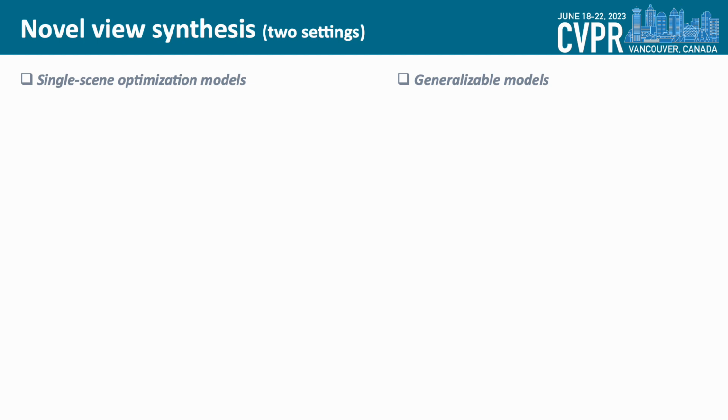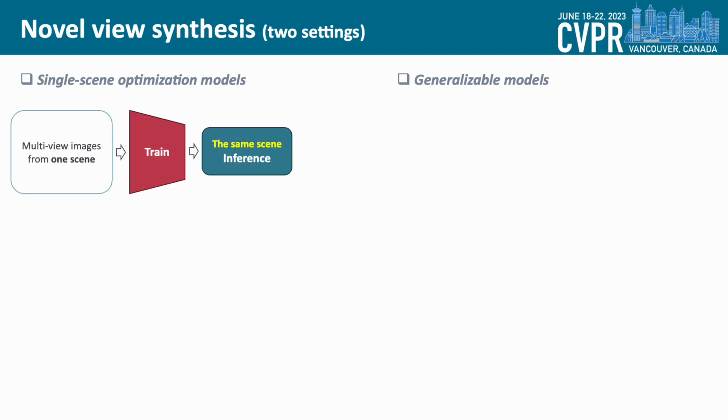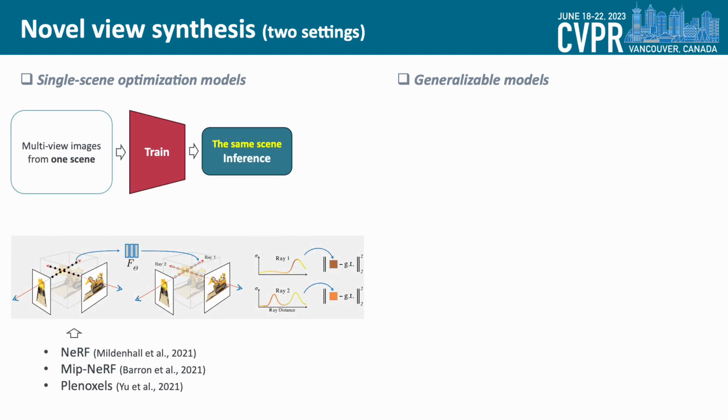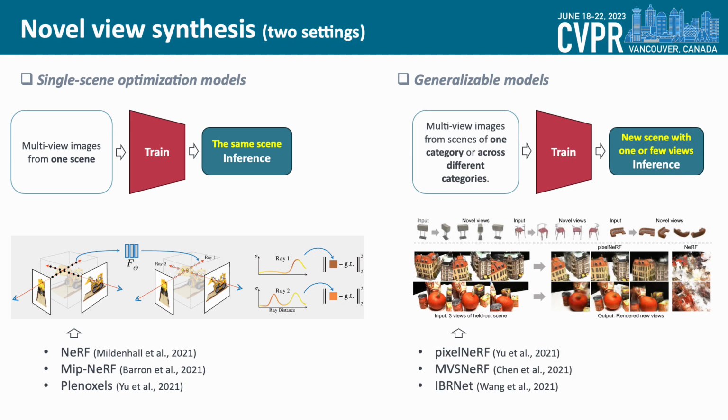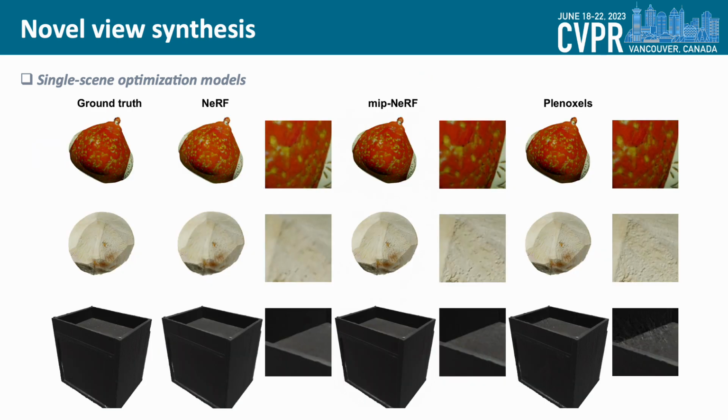We next study several representative methods on our dataset for novel view synthesis under 2 settings. First, training on a single scene with densely captured images, which is the standard setting for NeRF. And second, learning priors across scenes from our dataset to explore the generalization ability for NeRF-style models. For single-scene optimization models trained on multi-view images from Blender, we observe that voxel-based methods like Plenoxels are especially good at modeling high-frequency appearance, while MLP-based methods are relatively more robust against ambiguities from difficult cases like concave geometry or